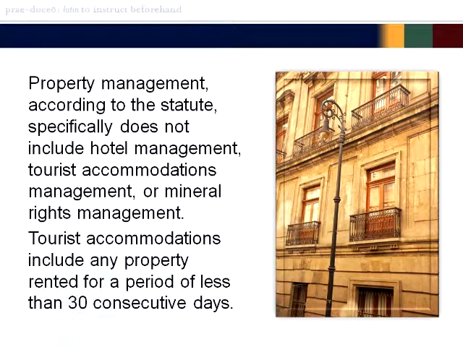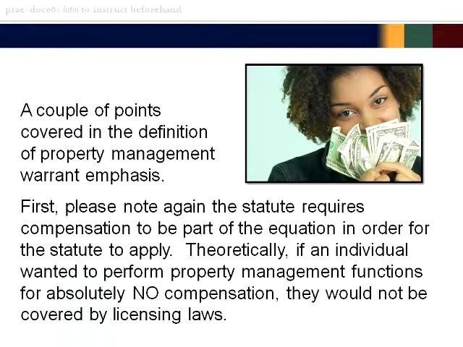Property management, according to the statute, specifically does not include hotel management, tourist accommodation management, or mineral rights management. Tourist accommodations include any property rented for a period of less than 30 consecutive days. A couple of points covered in the definition of property management warrant emphasis. First, please note, again, the statute requires compensation to be part of the equation in order for the statute to apply. Theoretically, if an individual wants to